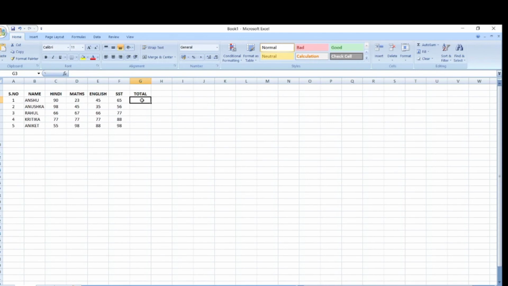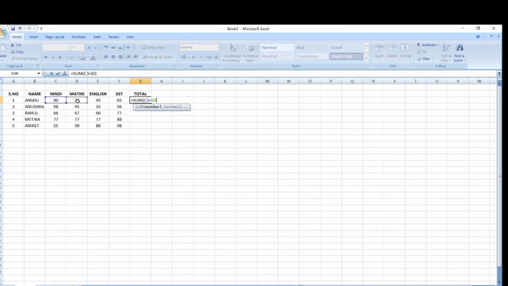And the second way is by using the cell values. Suppose here you write equals to SUM. After that, the first cell is C3. Then you assign the plus symbol here, then select the second value, that is D3.